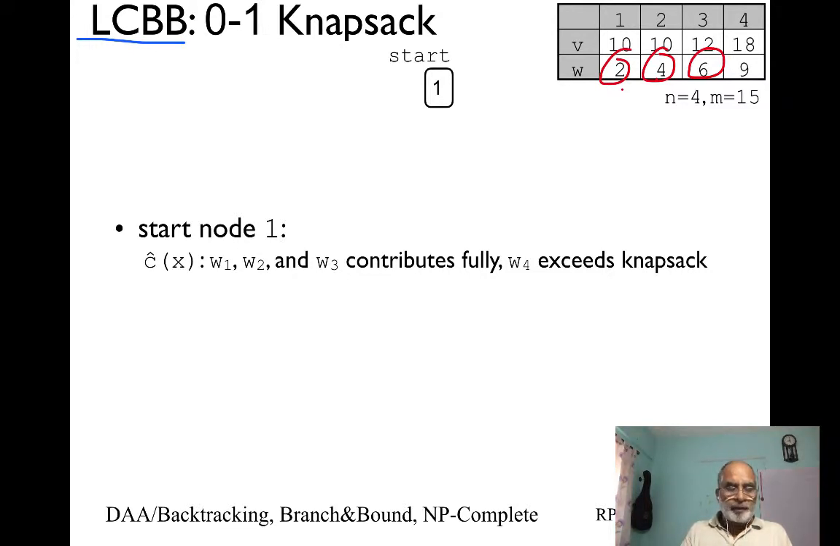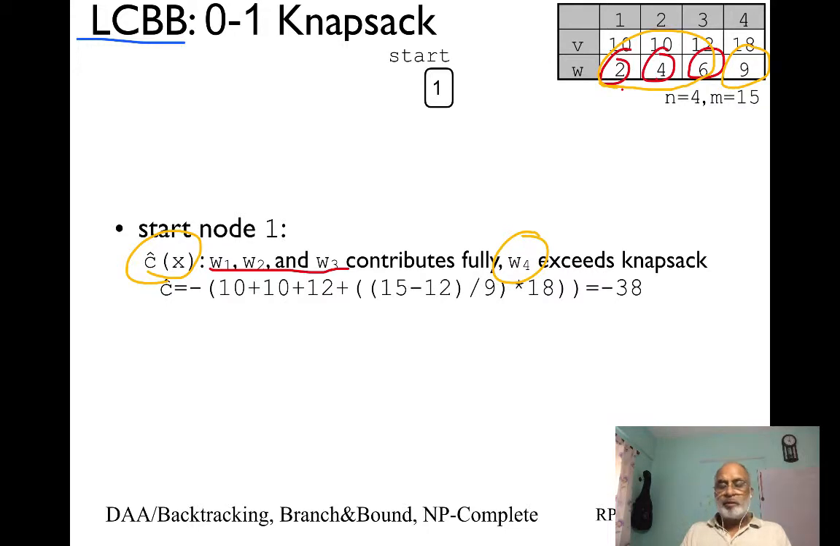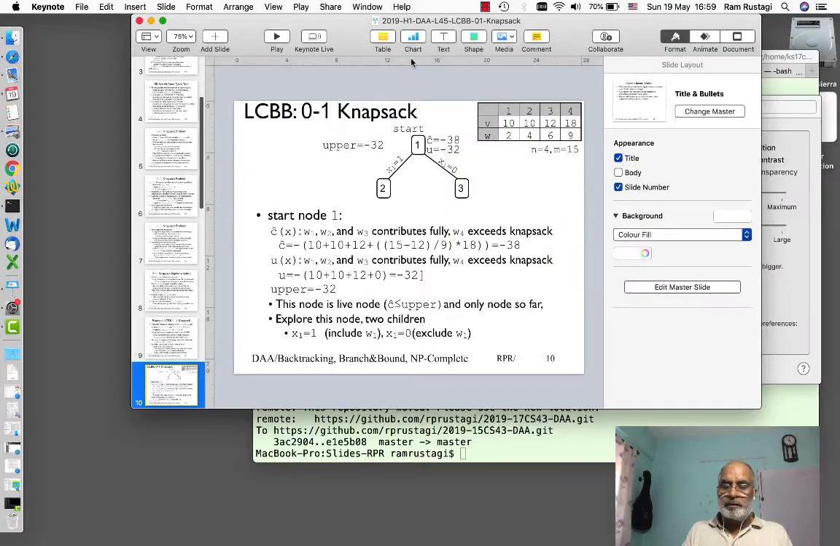That means these three weights contribute fully, but the moment I look at weight 4, the total weight becomes 21, which exceeds the capacity. So for computing my cost, I'll need to use weight 4 partially, and I'll take only 3 units out of it. That basically means I take 15 minus some of these, which is 12, and then take the respective value. So my computation would be for weight 1, 10, for weight 2, 10, for weight 3, 12, and for weight 4, since I have 3 capacity left, I'd say 15 minus 12, which is